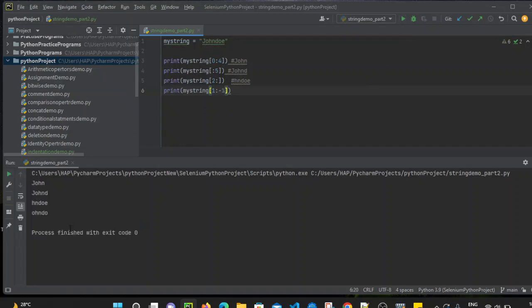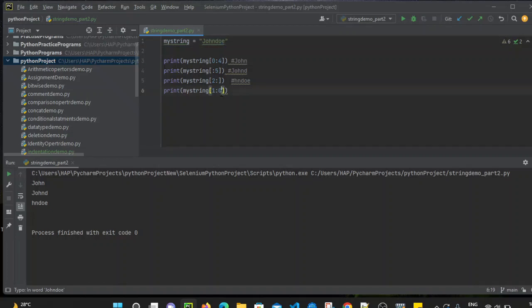When we run this file, we will see that the starting point is 1. So 0 and 1. At the starting point, O is present, so it will start with O. And as we have mentioned -1 here, it will not consider the end of that specific string. It will go up to the -1 position, that is, from the reverse side, it is O, up to O it will check, right? If you don't mention anything, or if you mention 0 here, then if you run this file, it will take up to E.